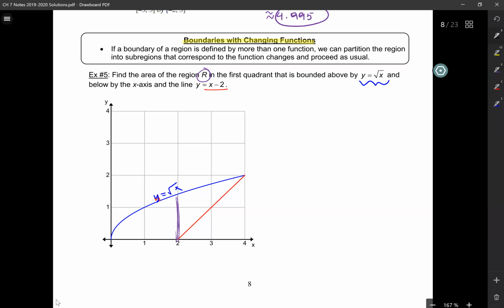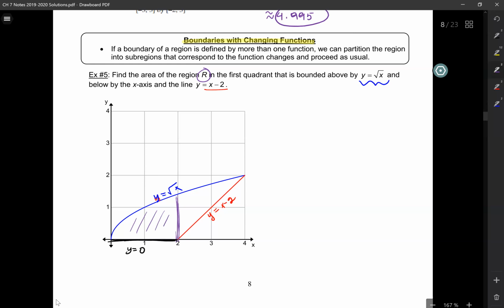That's the x-axis, which is y equals how much? 0. And then to the right of that boundary line, I have y equals x minus 2. So what I'm going to do is first, this integral, that's going to be the first integral,